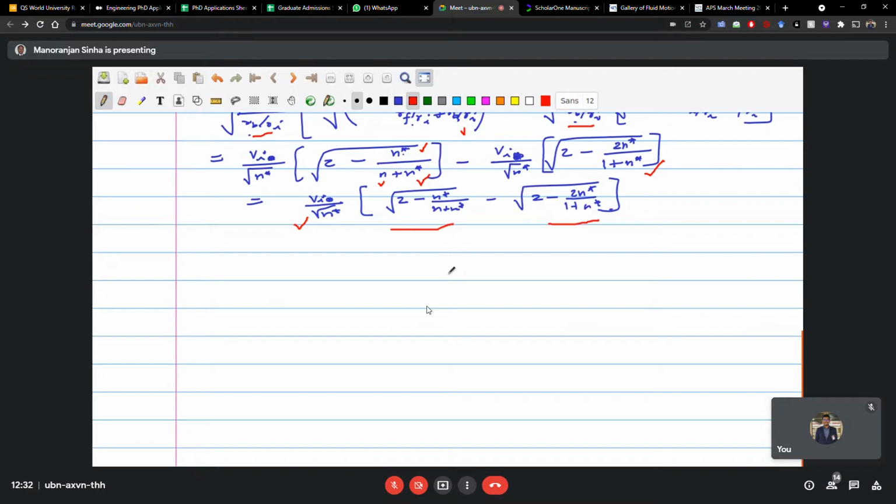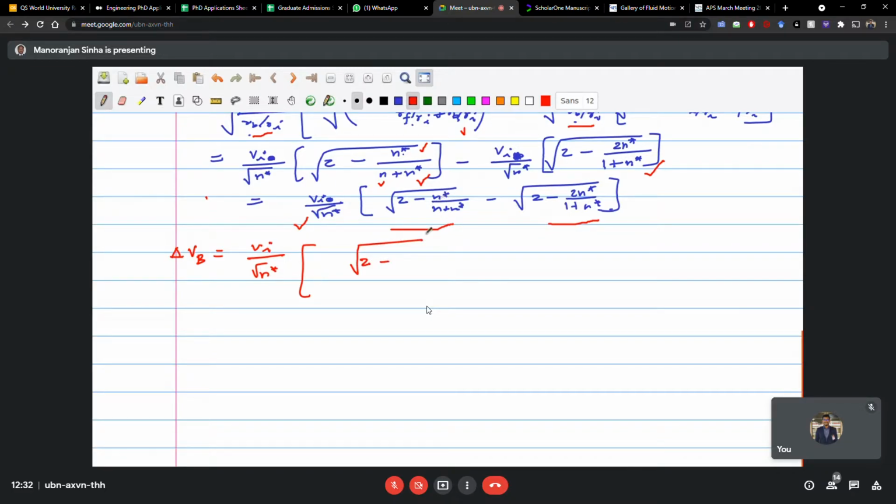Here the limiting case for A and C, we have already got the result. For this case also the limiting case we will see, and thereafter we will proceed further. So this quantity, whatever we have got here, this is your delta V B is equal to Vi by under root n star. So what immediately we can see, let us do it completely.